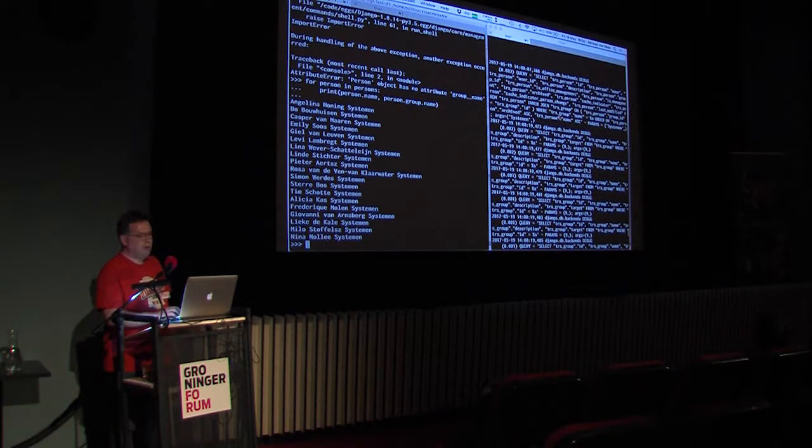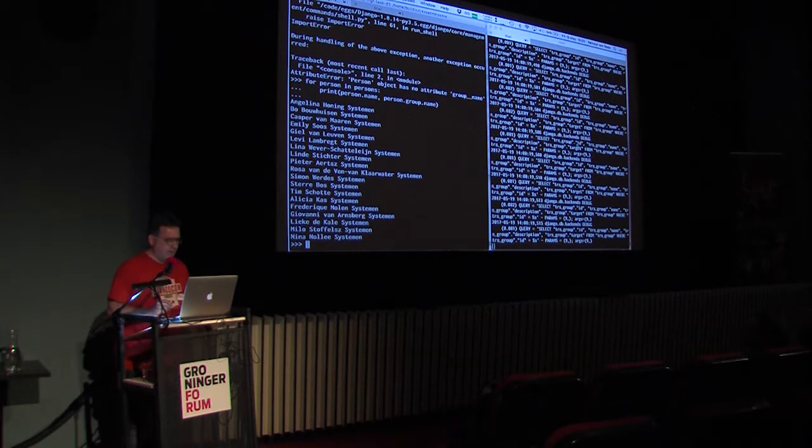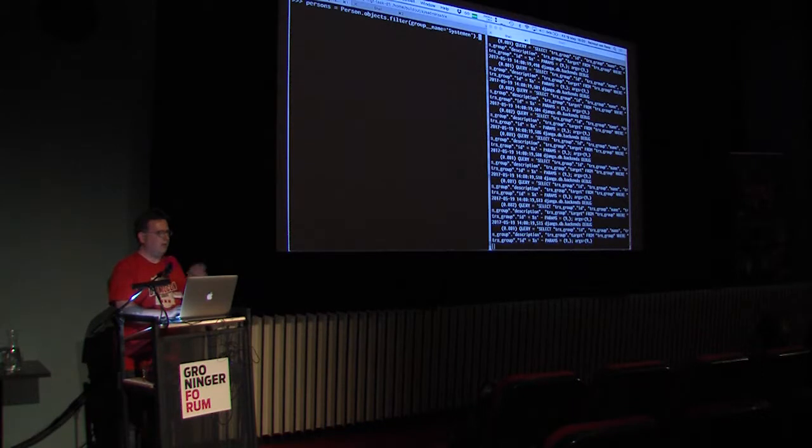So on the right hand side, yeah, here you've got the big query of, okay, give me my persons, and then, well, how many? 20 or 15 identical queries for every person. Okay, what's the group and what's the name? The solution is to add a select related, and then you give the field, in this case the foreign key, group,